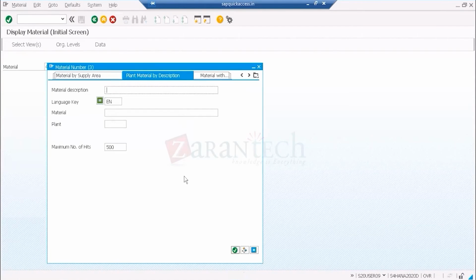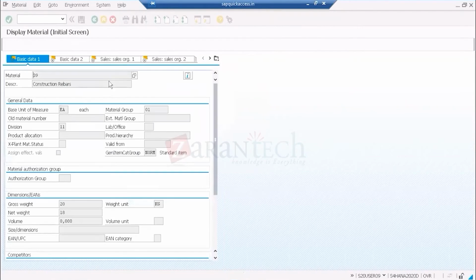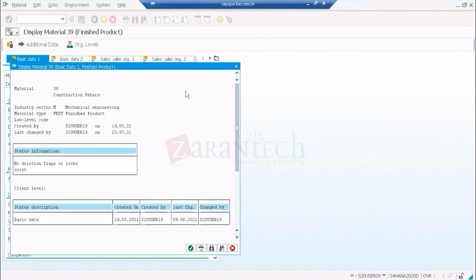Let me go and see one more material. So trading goods, these all are going to be called that. You can see different types of goods are there, painting services and everything here. These all are the materials we are going to be using. Let me go to 39. This is one material, construction rubbers. We are going to be using the construction. This is also a finished product. Like this,